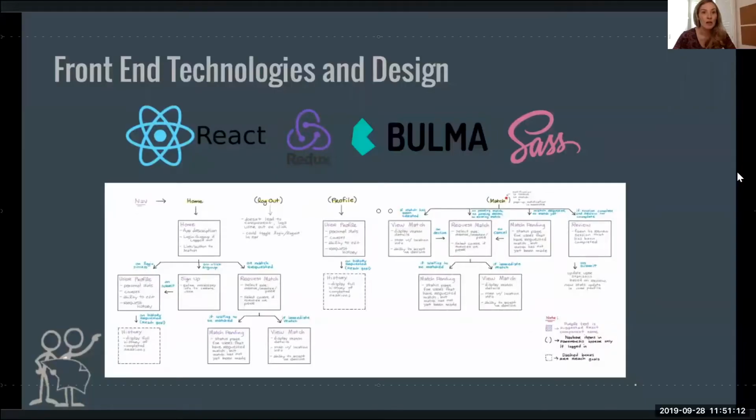So now I'd like to talk a little bit about our front-end technologies and design. We used React, Redux, Bulma, and Sass to create our front end. Our user experience was carefully planned with detailed wireframes for ease of use and minimalist user interface. We used Bulma to lay everything out on the page and then customized it for our style using CSS and Sass. We made it a goal in this project to optimize React's modularity and reusability of components in this app. I'd like to pass it off to my teammate Hugo now to continue on.